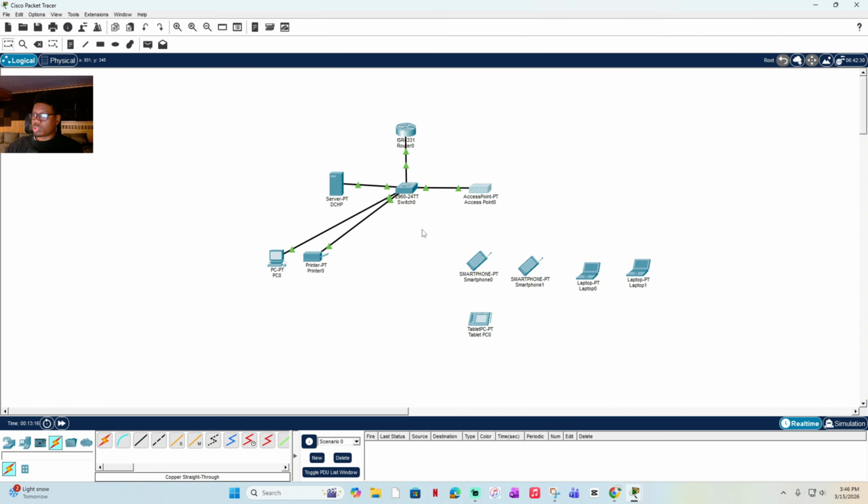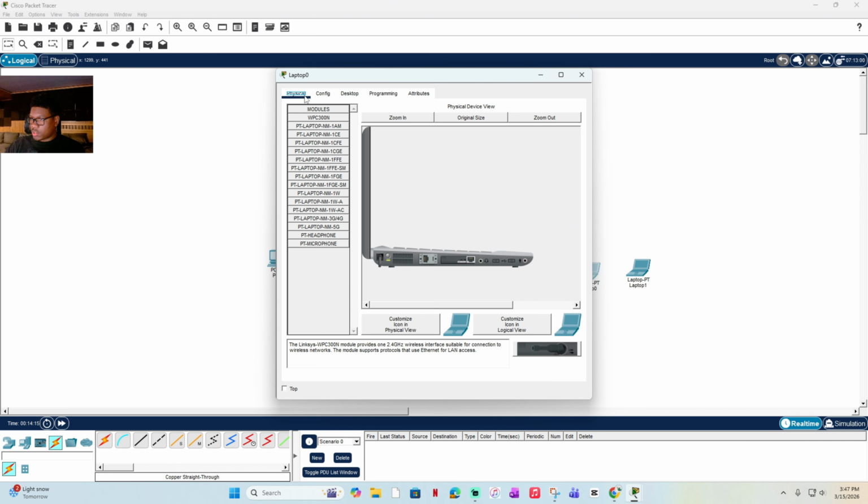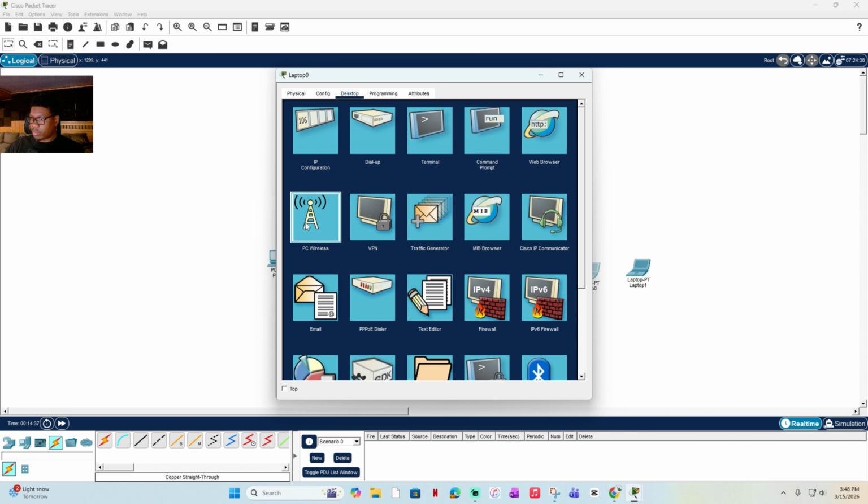All right. So now you see all these devices not even connected anymore. It was connected, but I just set up the configuration for it. So now we gotta actually connect these devices. Let's go with one of the laptops. Let's go to the physical. I realized you have to exchange one of these little ports. So let's turn off the laptop and drag this Ethernet port out of here and put on the wireless card. Turn it back on. And we're gonna go to desktop, PC wireless,